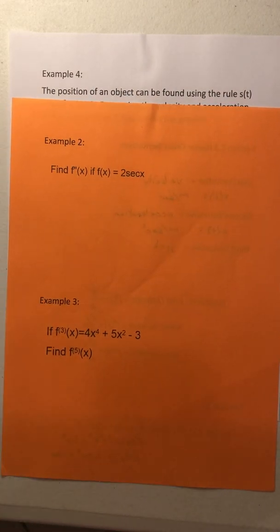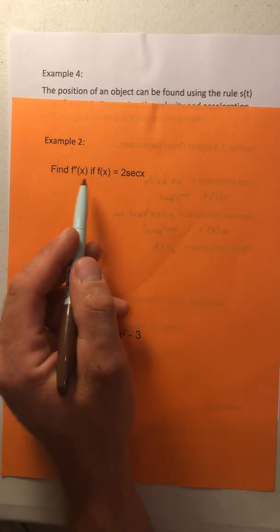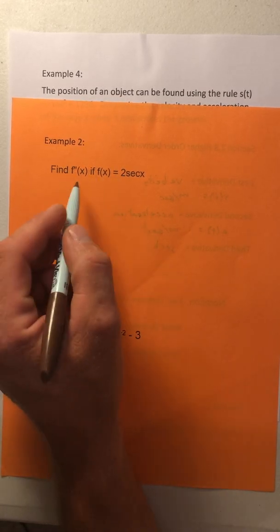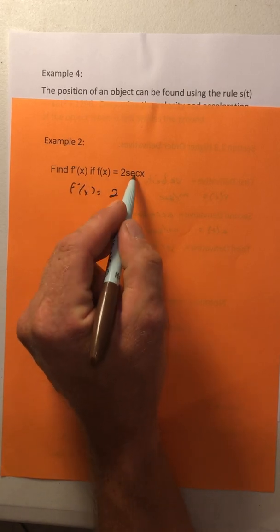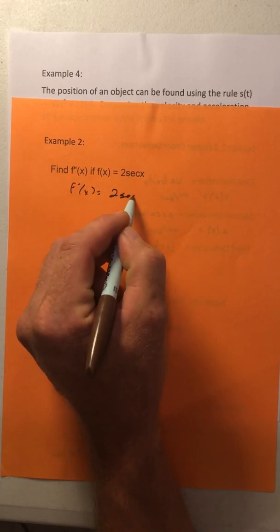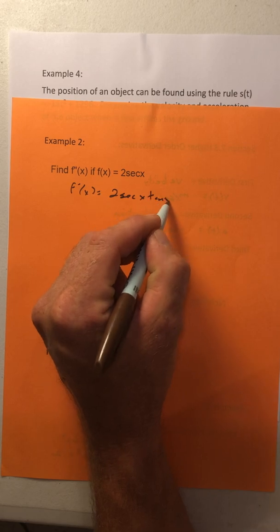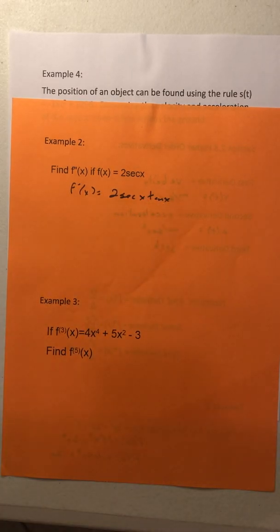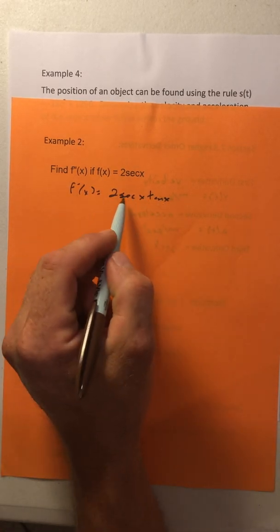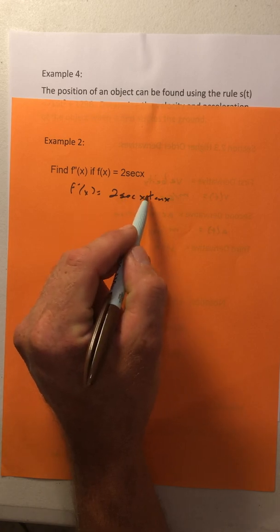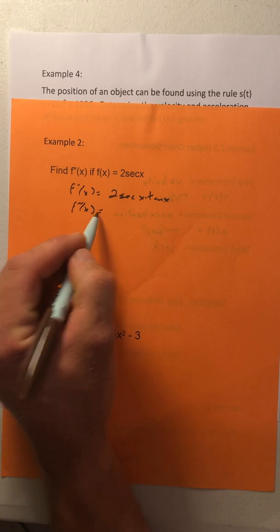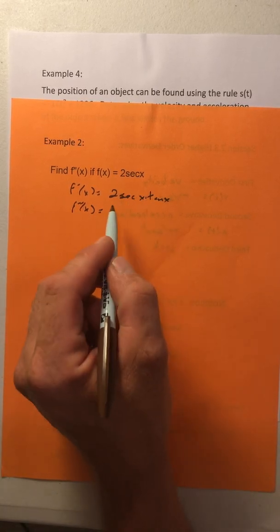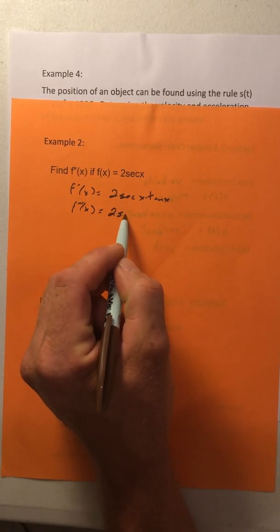We're taking the second derivative of 2 secant of x. We're going to find the second derivative of that. First derivative, not too bad. First derivative, we have 2 times the derivative of secant of x, which is secant of x tangent of x. Oh my goodness. Second derivative. Notice we have secant of x times the tangent of x. So to find our second derivative, f double prime of x, we're going to have to use the product rule. Product rule, remember, is